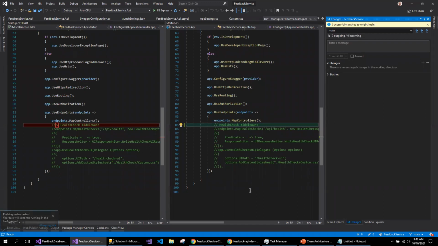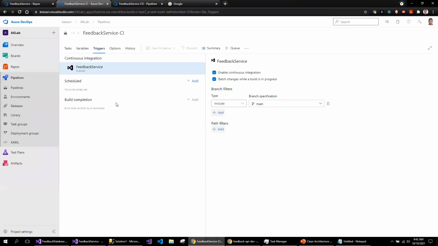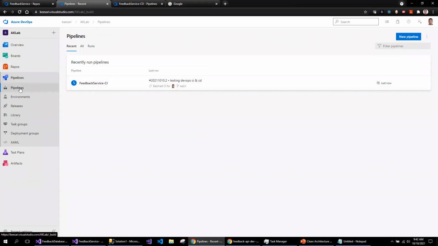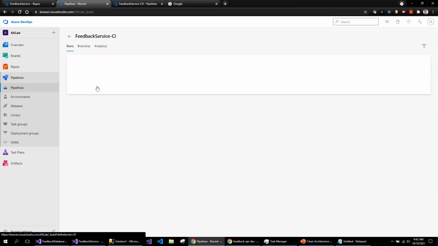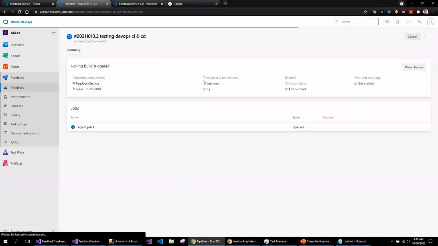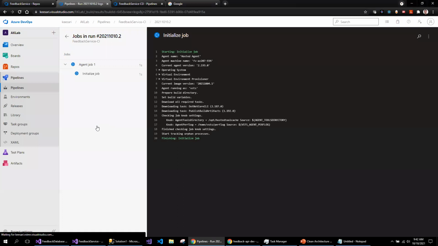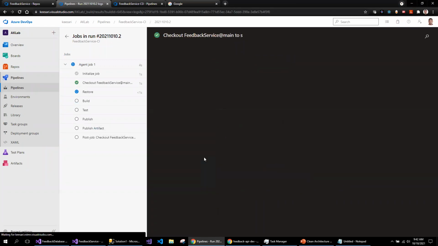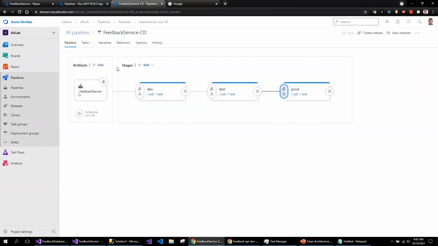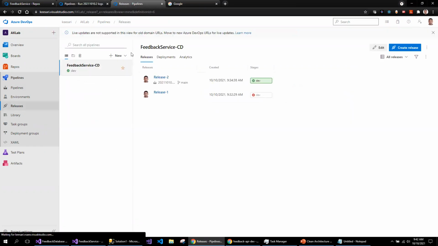I'm sure I'm taking the baby steps, but I wanted to make sure that the CI and CD is working as expected. So I see the CI started and it's compiling the source code. I will also monitor. Once the CI is done, I will be seeing the CD will be triggered automatically and completing the dev deployment and waiting for QA for approval.